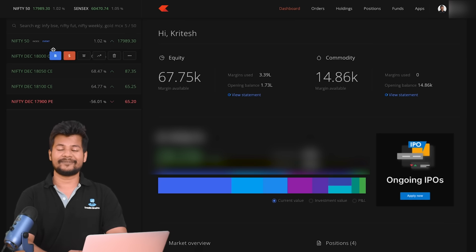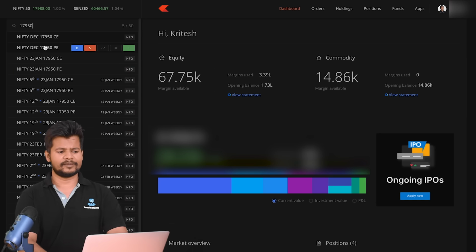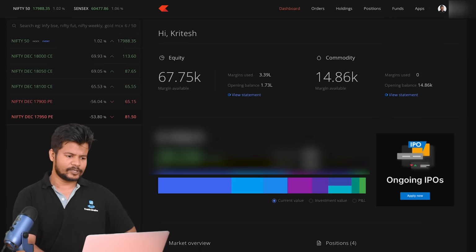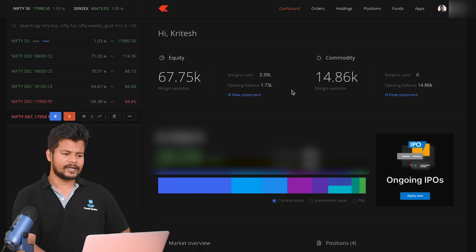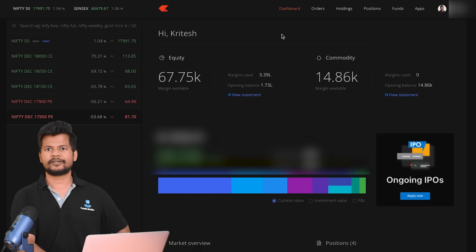Again, if you feel 17,950, you can type 17,950 here, and again PE if you are bearish. So here you can see we have selected some of the strike prices and put them in our watch list. Here, an interesting thing you can see is the premiums. The premiums keep on changing instantaneously, and the premium changes depending on how near it is to the strike